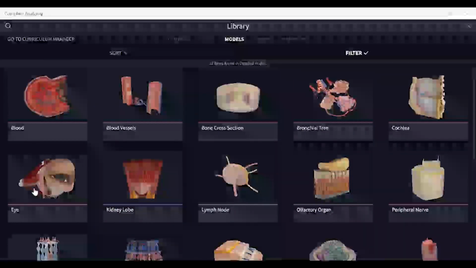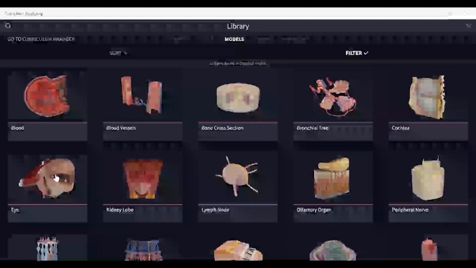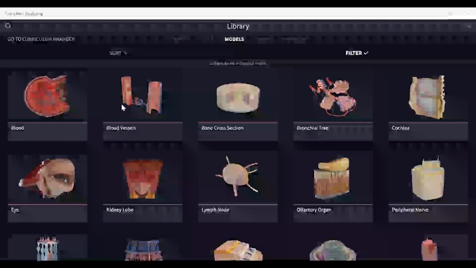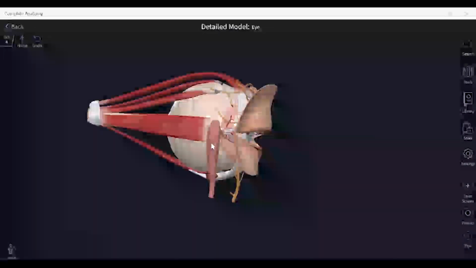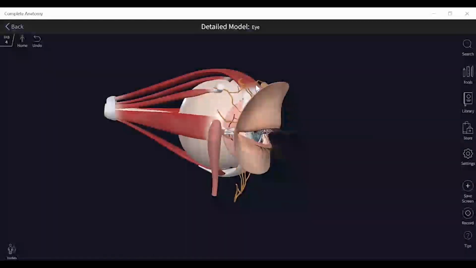Okay. So this is the eye model. Then what I will do is, I think you already know about these extraocular muscles, the lacrimal apparatus, and this blood supply.